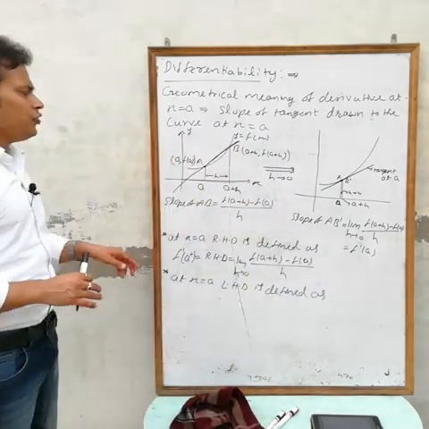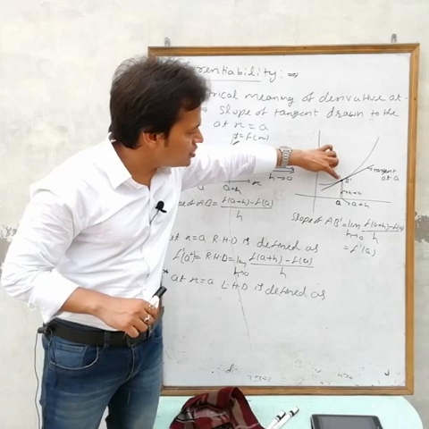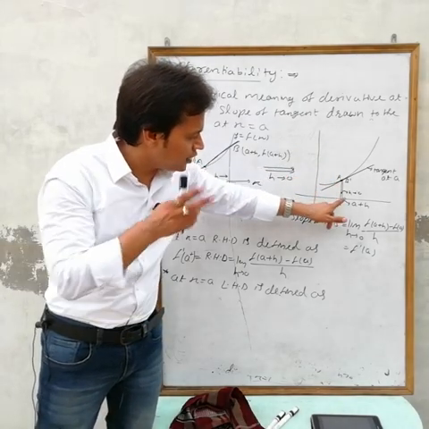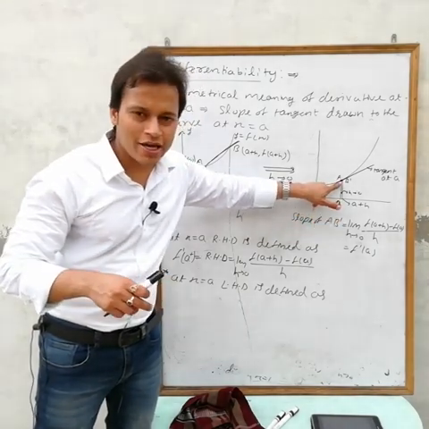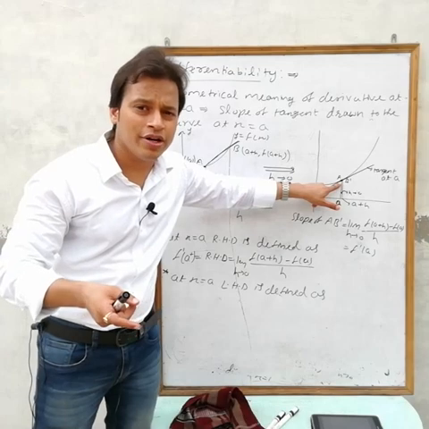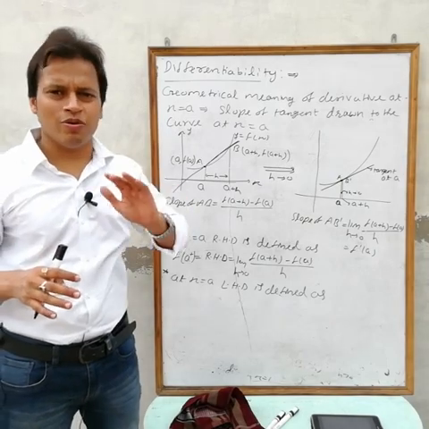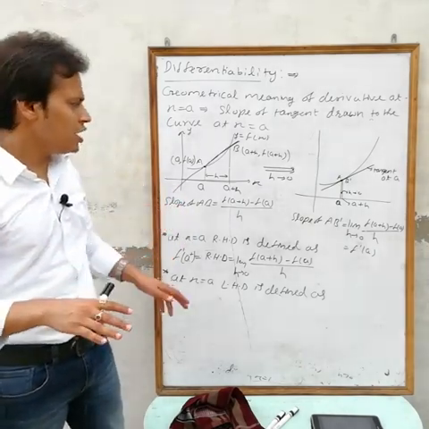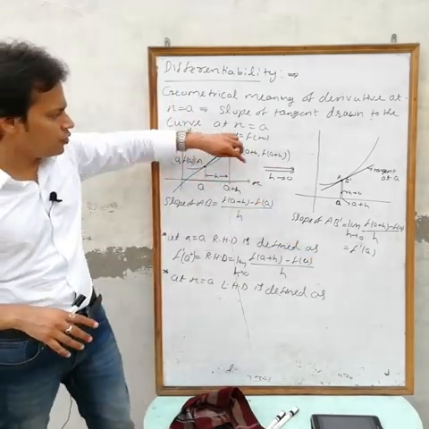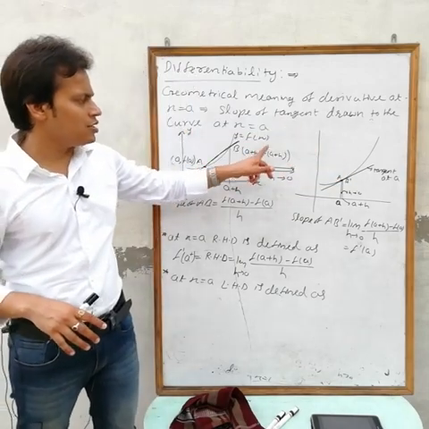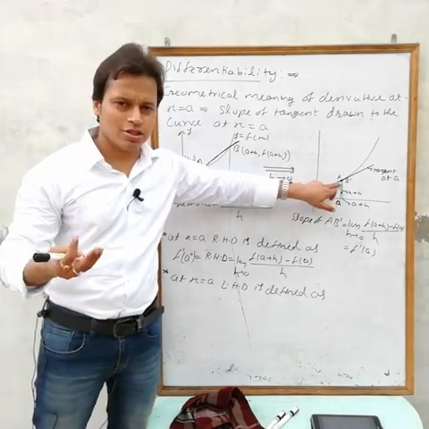actually if you use the left side point then you will get the left hand derivative. Now what is the left side point? Here we have x equals a, then just before this one what do you have? a minus h. At this point the x coordinate is a minus h and the y coordinate is f(a minus h). Then again use the same y2 minus y1 by x2 minus x1, with only one change. In place of the coordinate a plus h, f(a plus h), just before this one you will get a minus h, f(a minus h).